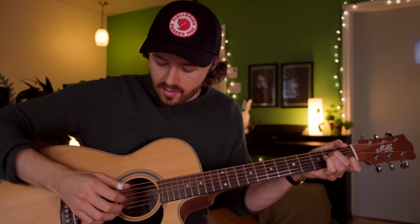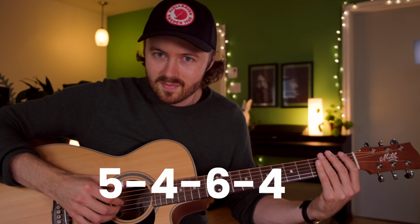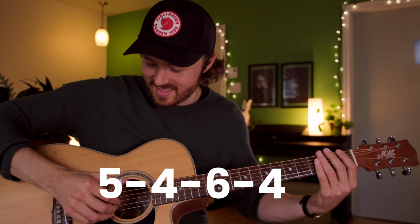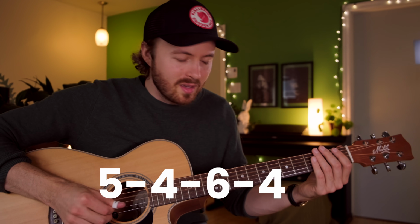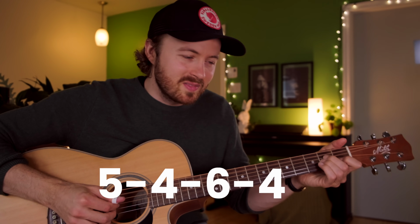Now what the thumb is doing is this bass pattern, which is kind of the foundation of blues and folk influenced fingerstyle guitar playing. Travis picking, you might call it. And so what I'm doing there is I'm going 5, 4, 6, 4, 5, 4, 6, 4 with the thumb, with a little bit of muting. And if you can do that, remember 5, 4, 6, 4 with pretty good feel, you're halfway there. Then we add a little bit of the melody,